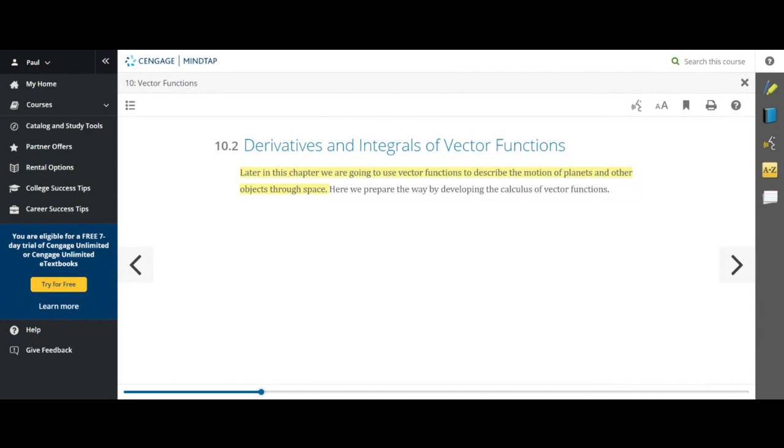Derivatives and integrals of vector functions. So later in this chapter, the book talks about using vector functions to describe the motion of planets and objects through space. Now, this is not a formal physics class here, so we'll